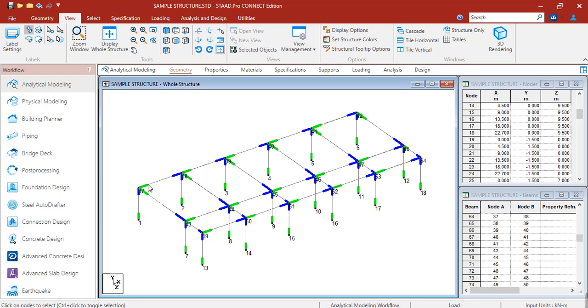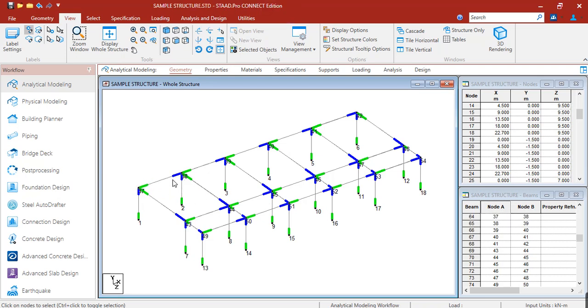So start node is node 37, node A. And the blue is the end node or the node B. So this is at node 38.